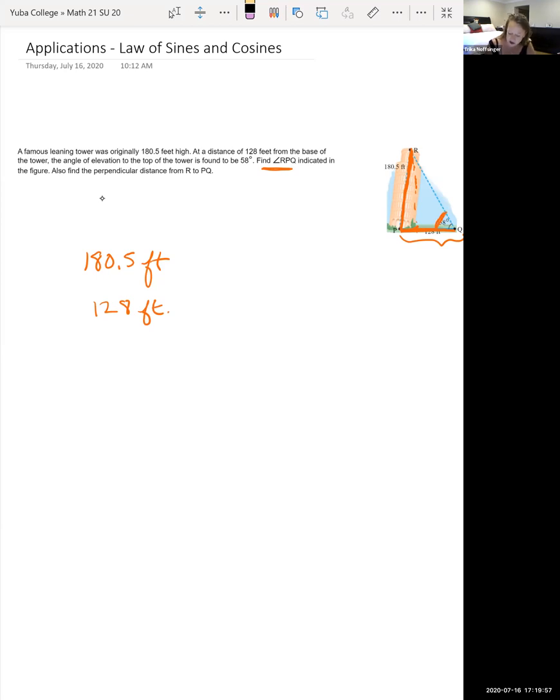So we know an angle and a side that are directly across from each other. That should clue you in to use law of sines. And since we're looking for an angle, it's helpful to put sine of the angle in the numerator instead of the denominator. So we have sine of 58 degrees all over the side, 180.5, is equal to